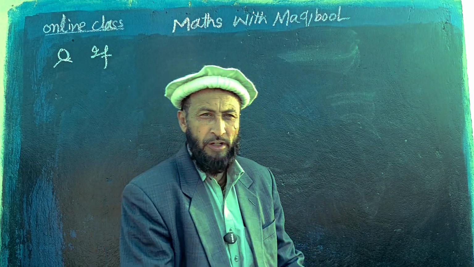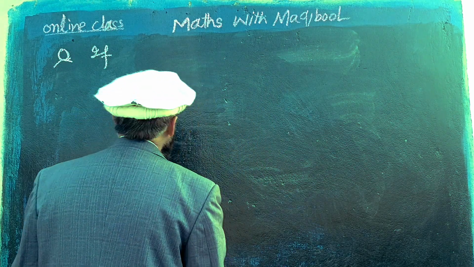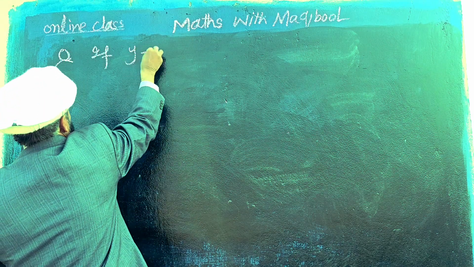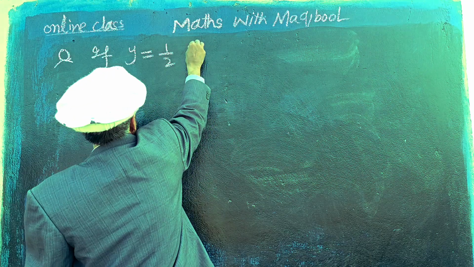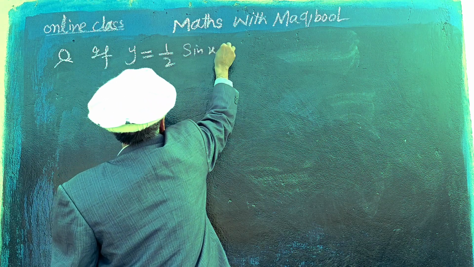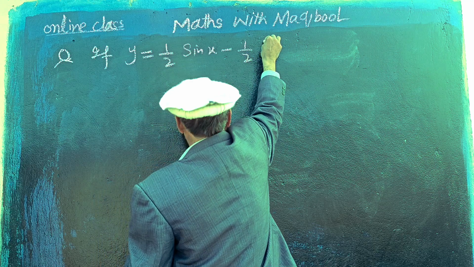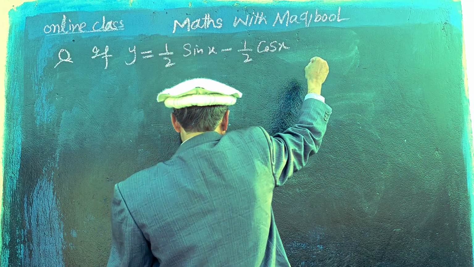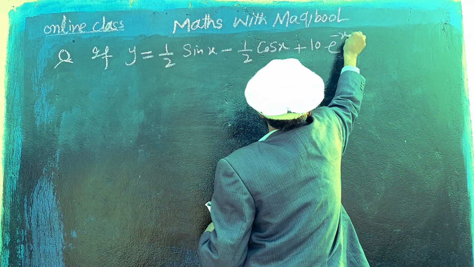Here is a new differential calculus question related to the derivative. So we want to prove, if y is equal to 1 by 2 sin x minus 1 by 2 cos of x plus 10 e exponent of minus x,